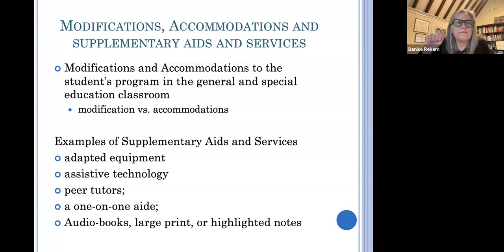Now, you just want to be very careful with modifications because, again, we've seen parents come and their child has modified work, and then 3 years pass and the child is up for their triennial evaluations, and they're evaluated and they may have regressed or they haven't made any progress. And the parent is saying, they're coming home with A's. I don't understand how that's possible. And it's possible because they're modifying the work to the child's level so that the child can succeed. And I want to say that I'm not against that for the child's benefit where necessary.